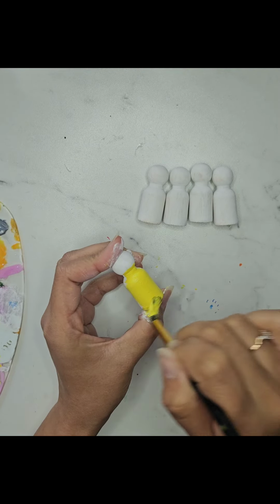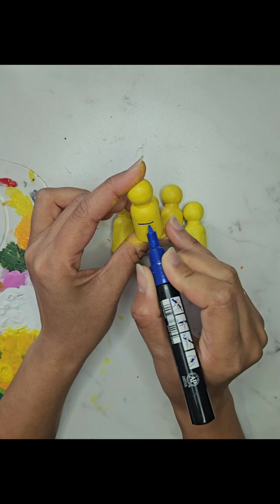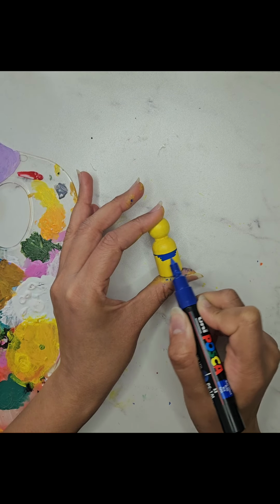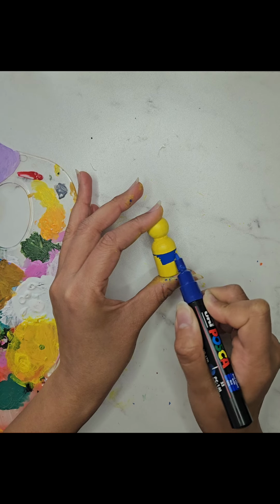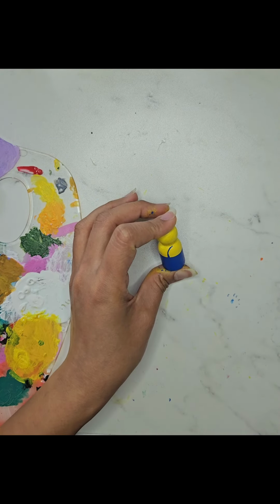What's not to love about minions? They are funny, adorable and always up to some crazy antics. Beyond their comedy charm, minions have also become symbols of friendship and teamwork. They show us that even the smallest creatures can make a big impact when they work together towards a common